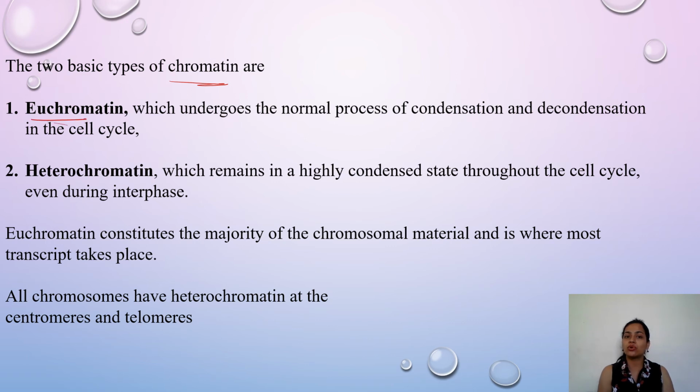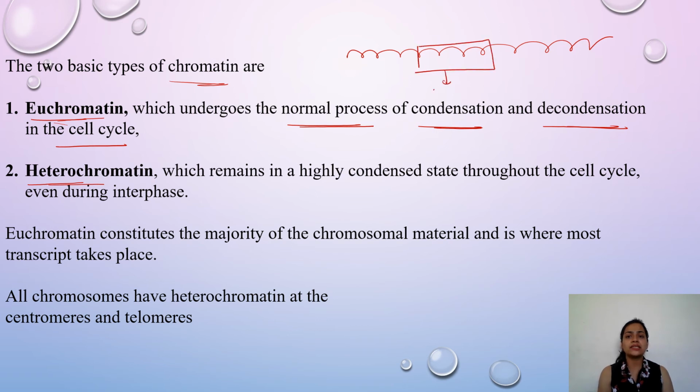chromatin. One is the euchromatin, and the other one is heterochromatin. Euchromatin is that part of the chromatin which undergoes a normal process of condensation and decondensation in the cell cycle according to its need. For example, if I say this is the entire length of the chromatin, and this particular part is the euchromatin, this one can easily undergo condensation